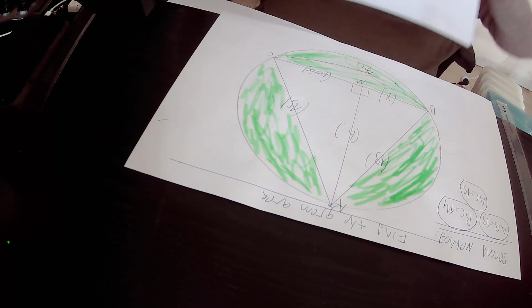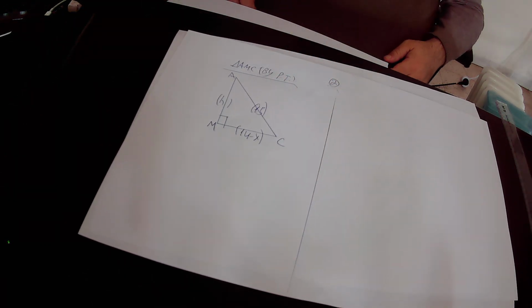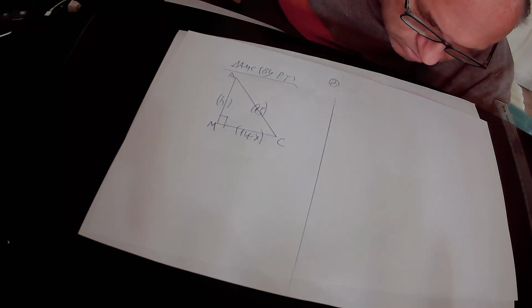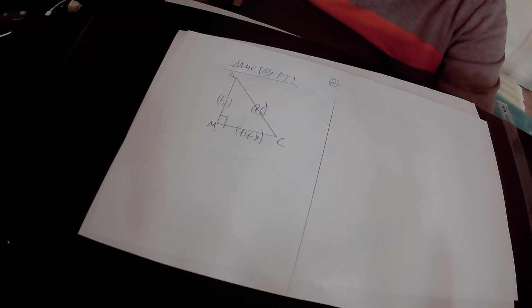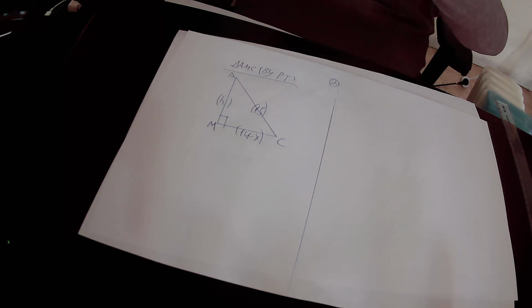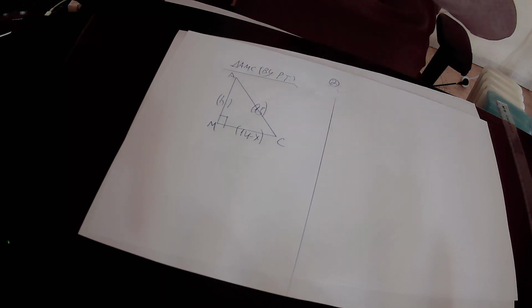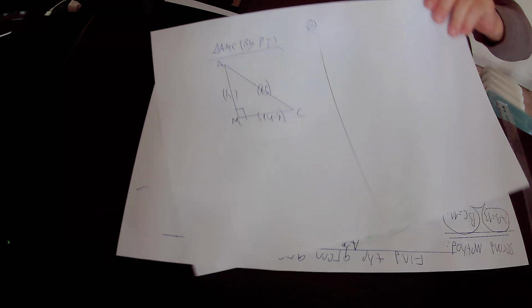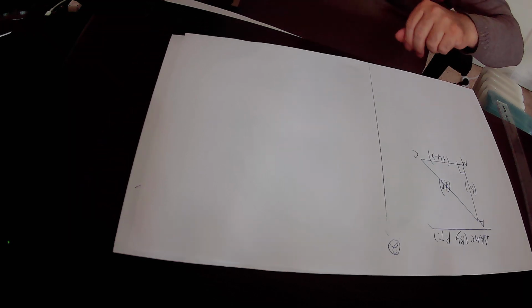So actually, this is the right triangle, triangle AMC, that I copied from the original drawing. The hypotenuse AC equals 15 units, according to what is given in the question. AM equals h according to our definition, and we've already found out that MC equals 14 minus x. By PT, the Pythagoras theorem, in this right triangle, triangle AMC,